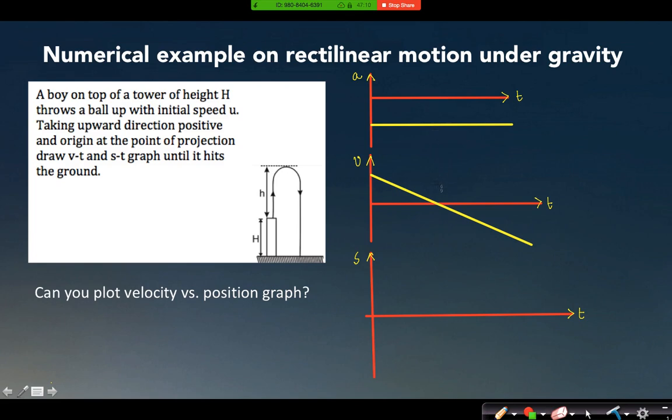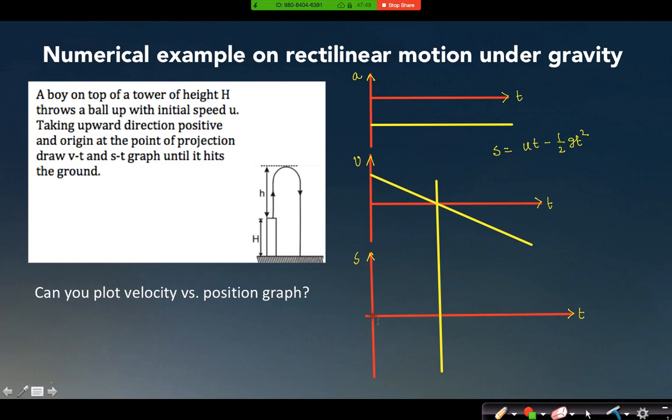Now if I draw a straight line like this, how will your ST graph look? Can I write the equation for S? What will be the equation for S? S equal to ut minus half gt square. Is this the equation that I will follow to plot this graph? Yes. Now in this one you can see that the coefficient of t square, which we can consider to be our a, is negative. So your graph will be an open downward parabola